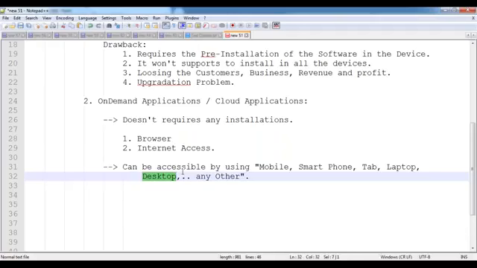Because the future will be purely smart devices, our application can be accessible through smart devices. When building this application, it doesn't require any installation. Directly we can access it by using a browser and internet access. You can use any device whatever you have. So all the people can access and utilize my application, so we can capture more customers, generate more revenue, get more profit, and make my business grow very fast.